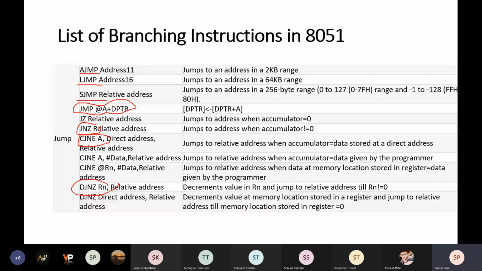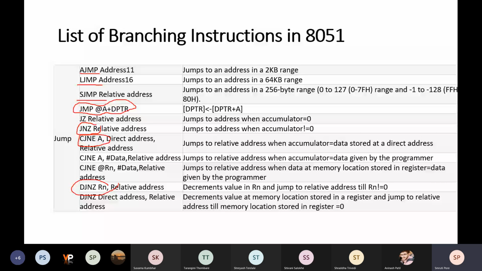And the other one is absolute. Absolute addresses are within the 2 kilobytes range, and for that you are using the A jump code.